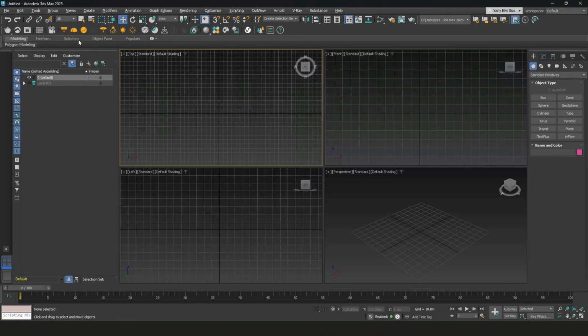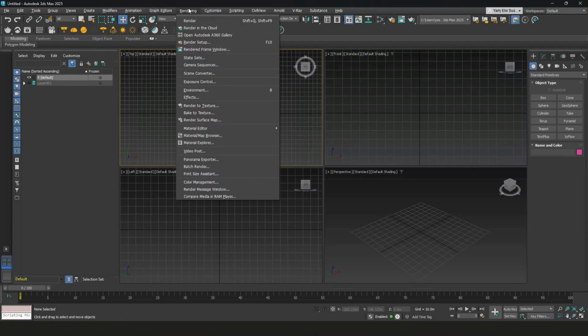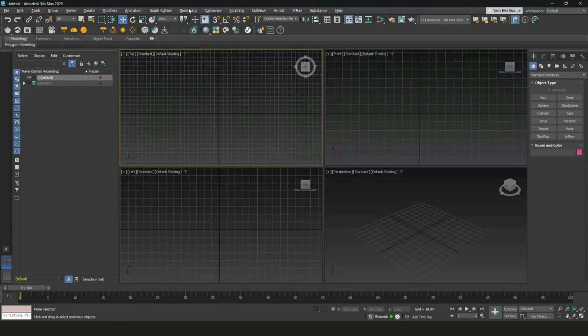First up, we have the main menu at the top. This is your central hub for file management, creating objects, editing, and rendering. Just below it, you'll find the main toolbars where it provides shortcuts to commonly used tools and commands like select, move, rotate, scale,